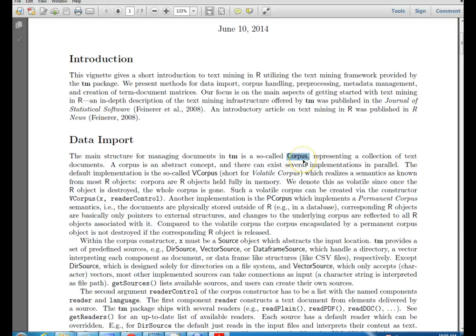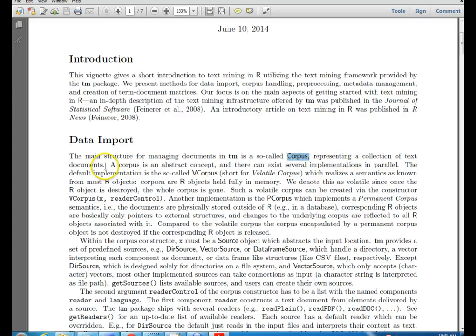And here's another one called a corpus. And this is good for holding text data. So you store it in a corpus, and then there are different things you can do with it. Or you create a corpus object out of the text, and then you can do different things with it. So that's the standard way that we do everything in R, right? They create a special kind of form, and then you have to import it into that form or create an example of that form, and then you can use a lot of functions on it. So anyway, a so-called corpus representing a collection of text